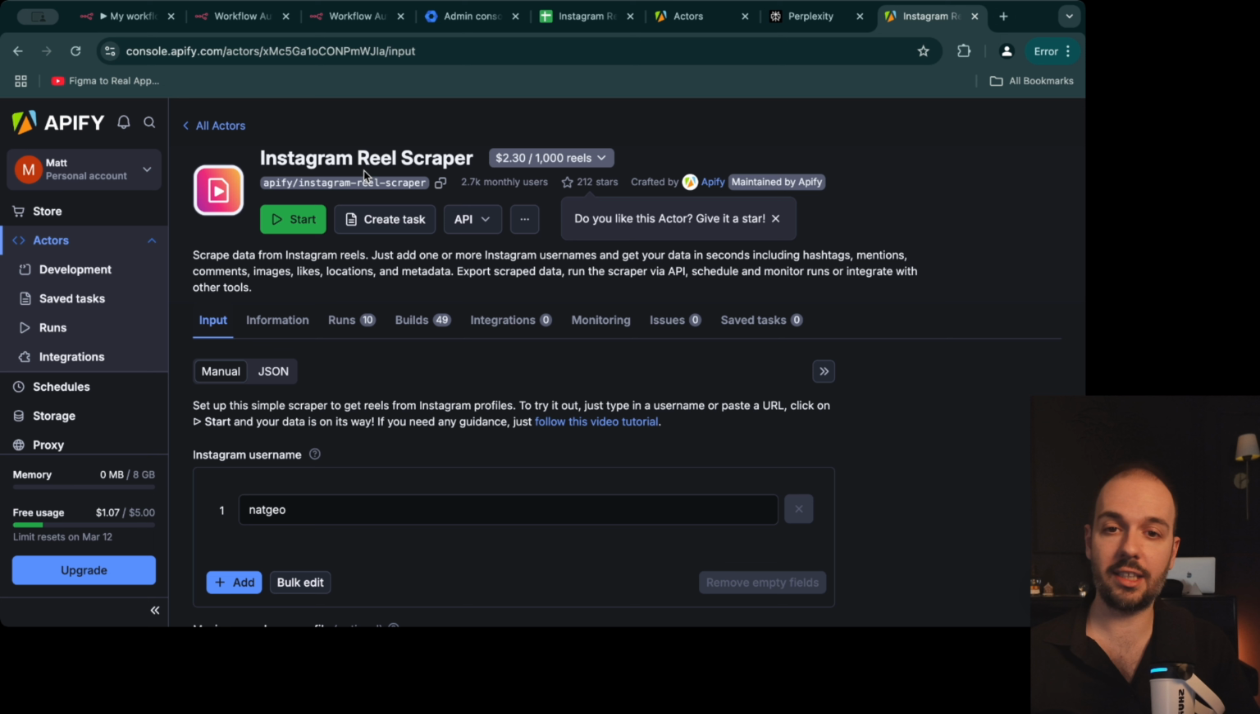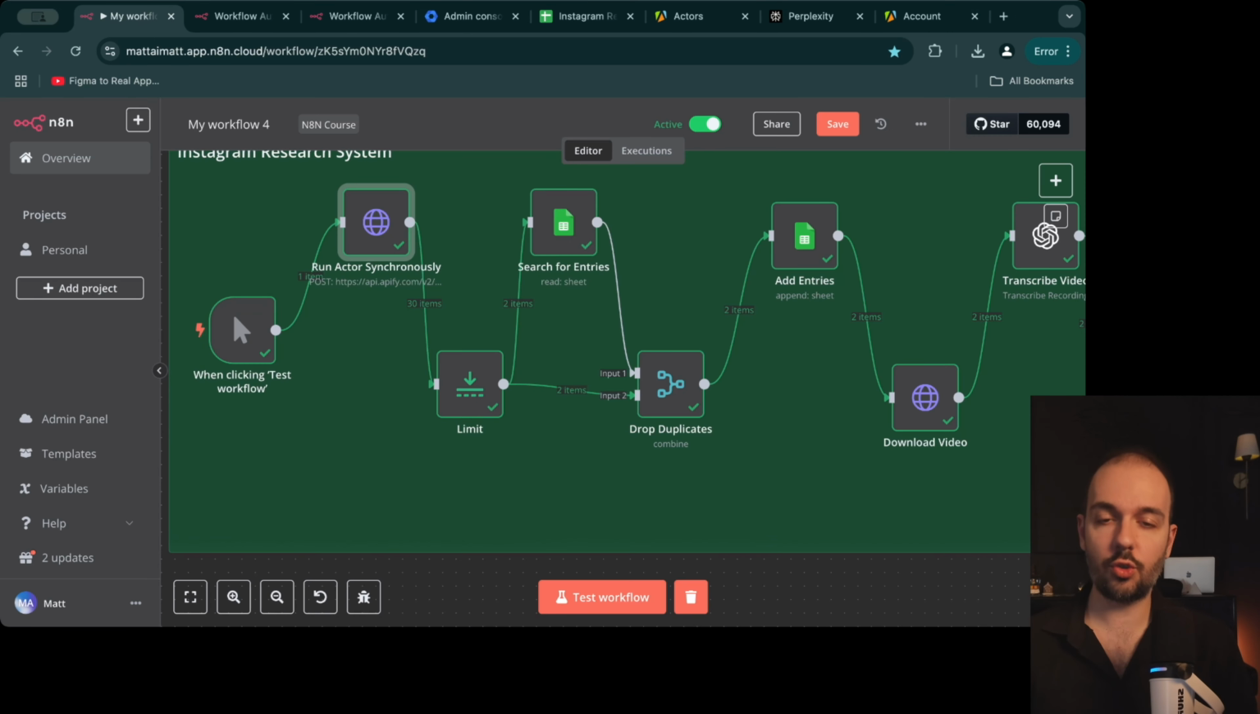We have the Instagram Reel Scraper here. We will use it. How can we use it? There's a manual way of working with this. You can write a competitor's username and it will work here, but it's not really helping us much because you will just get your result here. Now, we want to use these Apify results